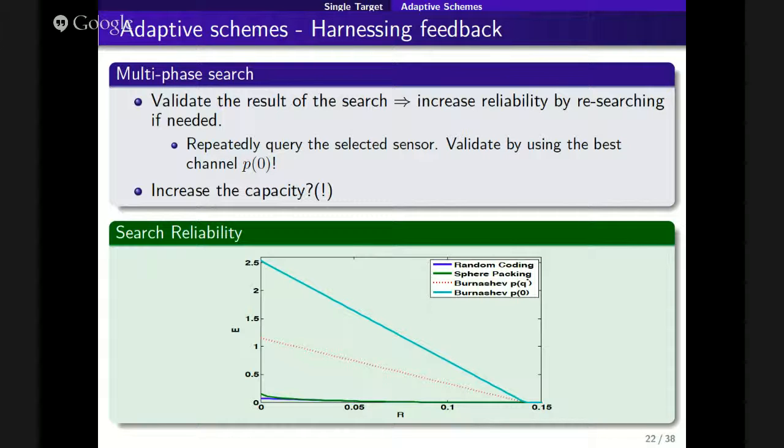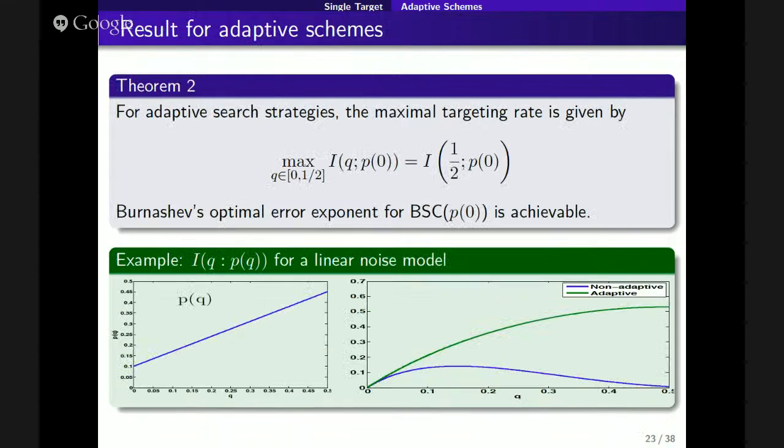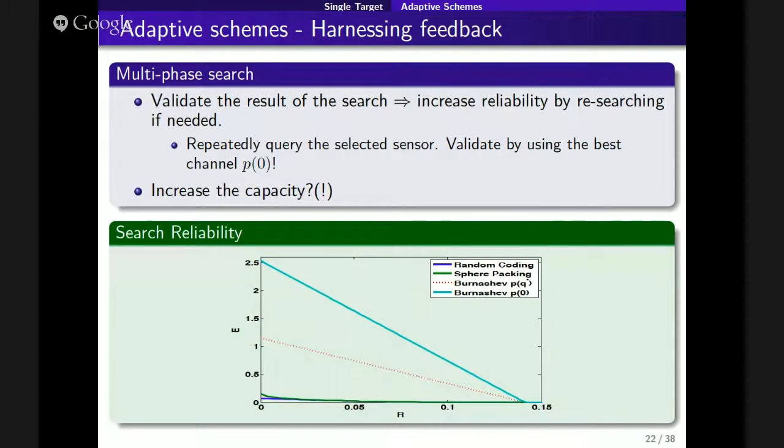But does it increase? So here's something also I wanted to ask you. Does this adaptivity increase the rate? It does not increase capacity, but does it increase the exponent? So far we didn't touch the rate. We just increased the exponent, right? But we can actually increase the rate. Before, we got the blue line, the random coding error exponent. And now we get this.